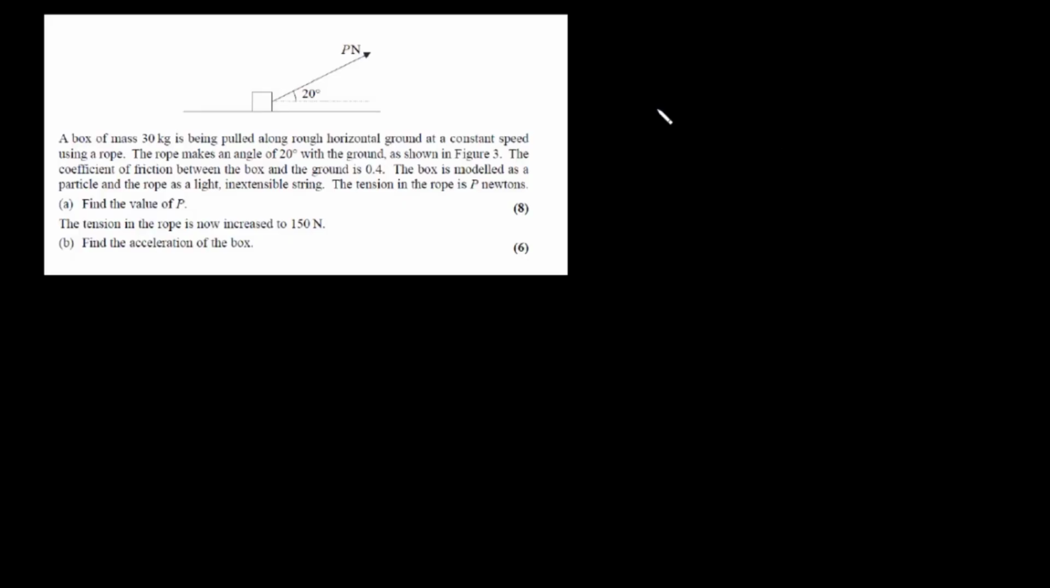So a box of mass 30 kg is being pulled. So that means we have this object over here and it has a mass of 30 kg. So this would be 30g Newton and the reaction force would be over here. Now the force that is being used, it has